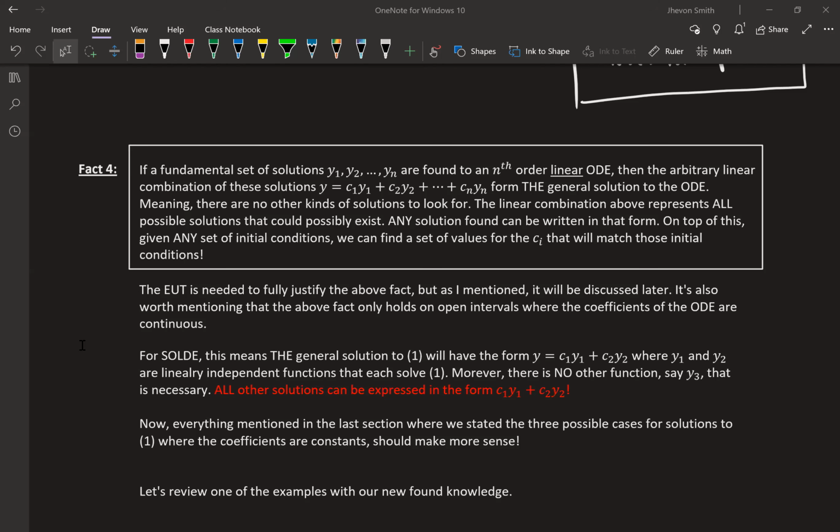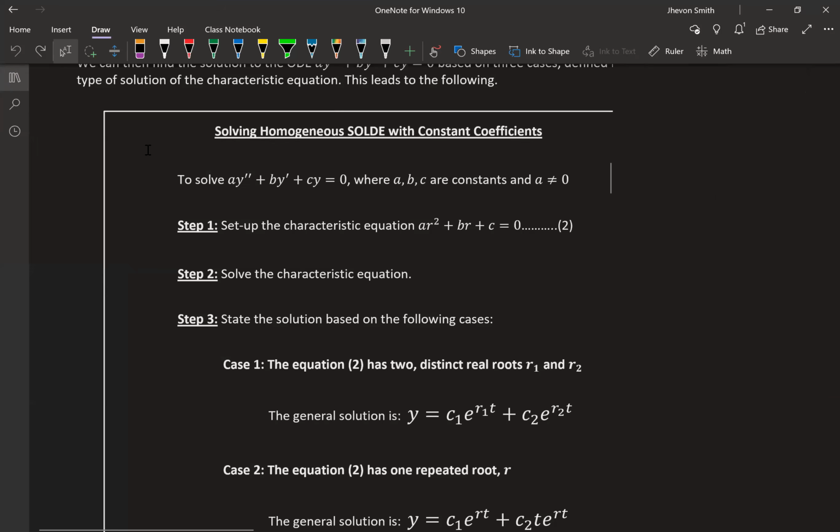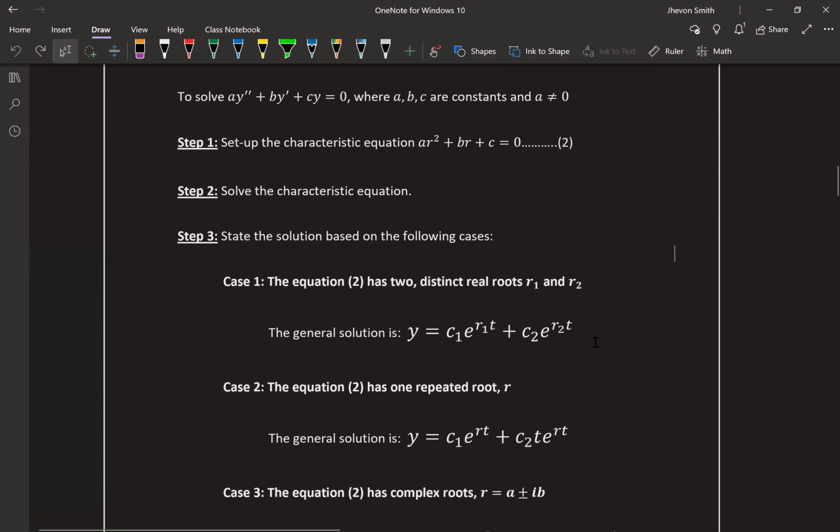There are guys out there that you haven't found. On top of that, once you have found three, you do not need to look for any more. That's all there is. That's all that could ever exist. So now, if you go back to what we looked at in the last class and look at these solutions